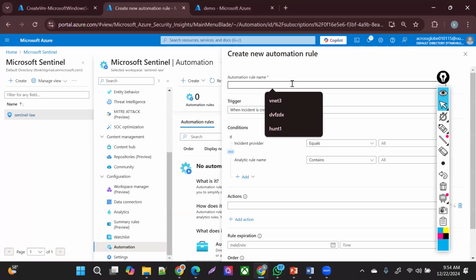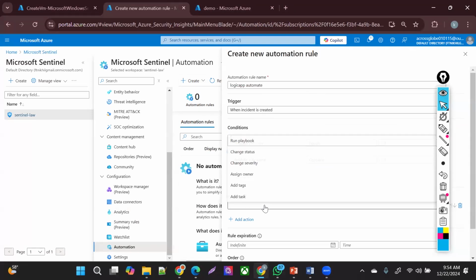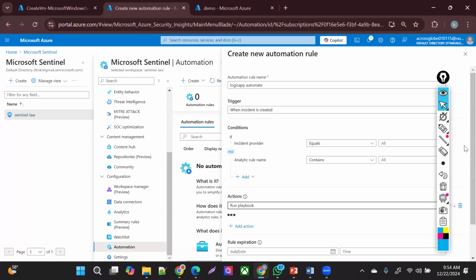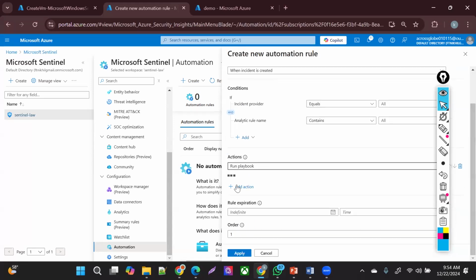And I'm saying it, this is my logic app automation. Now, whenever the incident triggers, the action is to run my playbook. What playbook do I have there? That playbook is